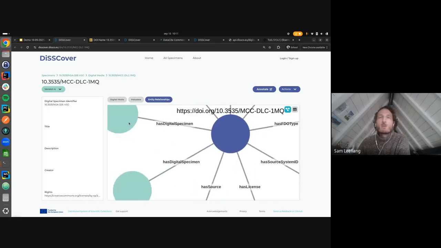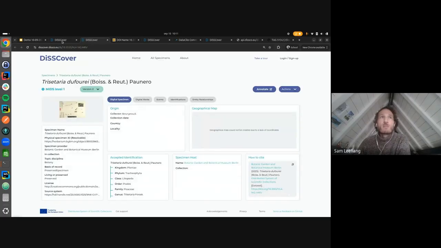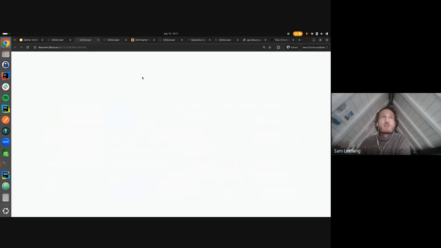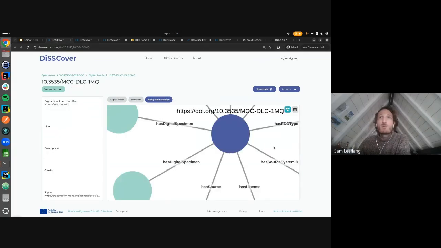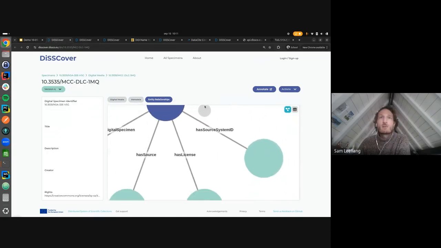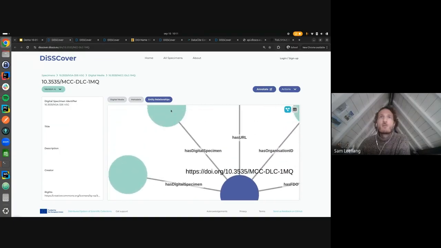You'll see that we have this digital specimen, which points to this image. This one points to the same image, but it's a different specimen with a different physical specimen identifier. And we had a third one here, 1, 2, 3,